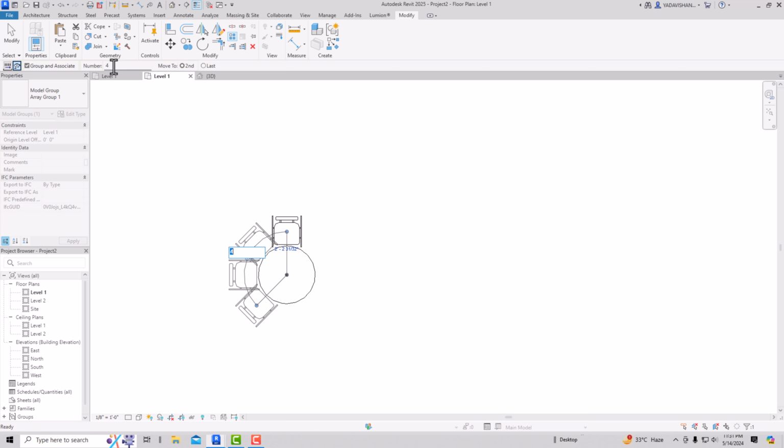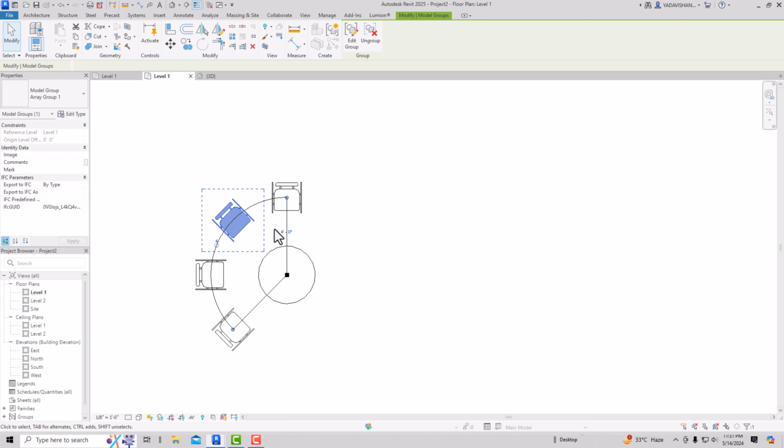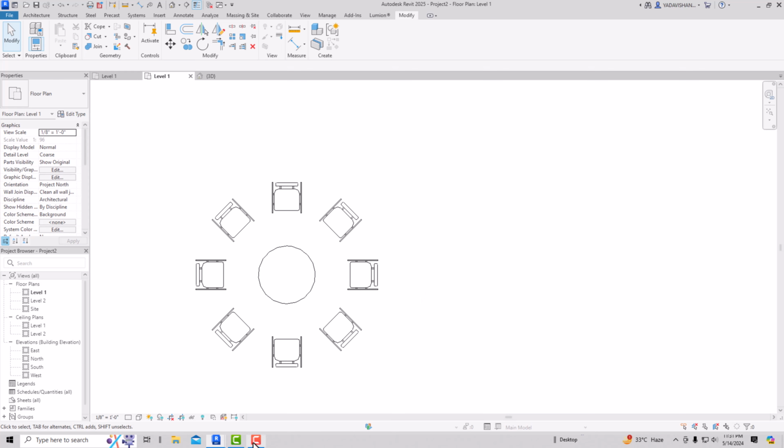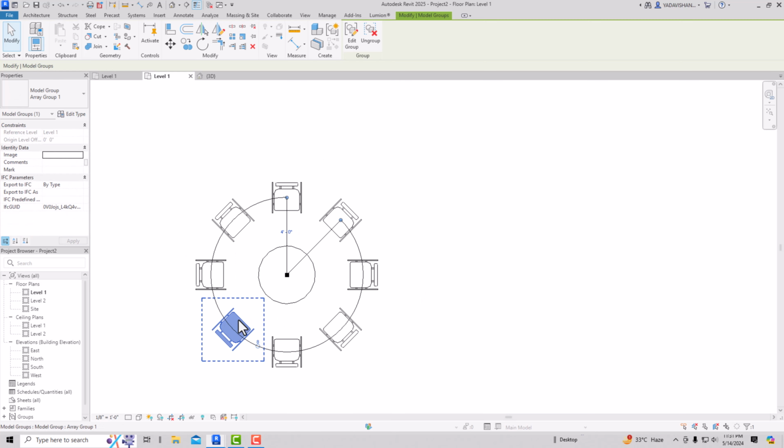and you can place it, you can increase this distance. So I want to place at 4 feet. So you can see this 4 feet, and you can also increase the number of chairs. So I'm going to put 6. Then again, if you want to make more number of chairs, you can just change this digit here. So I'm going to put 8. So now you can see these are 8 chairs in group and associate, and this is the use of radial